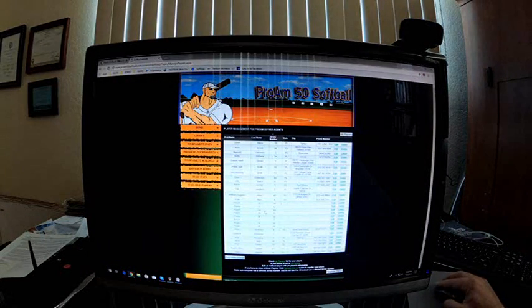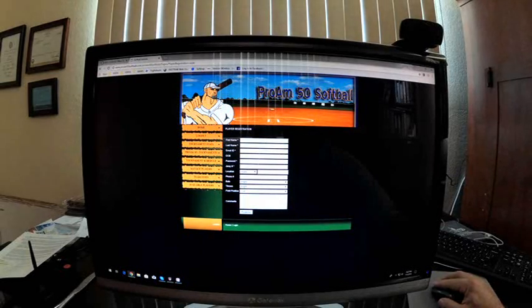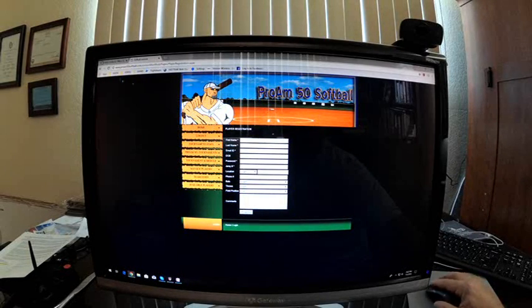Now, if for some reason you're out of artificial players and you want to still register players not on the all player list, you click register player, and there you'd have to put in all the information and click register player. So you can go back to manage players,